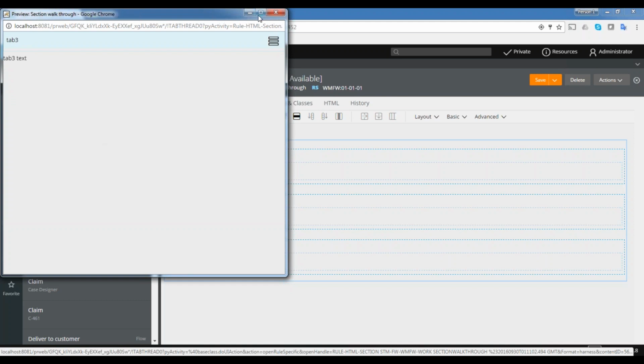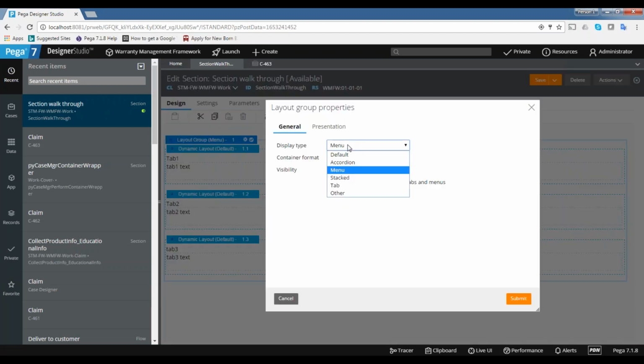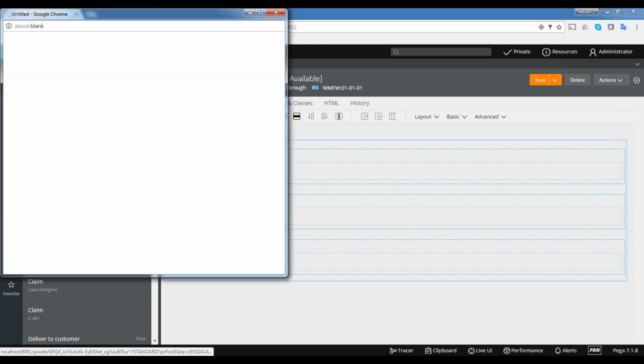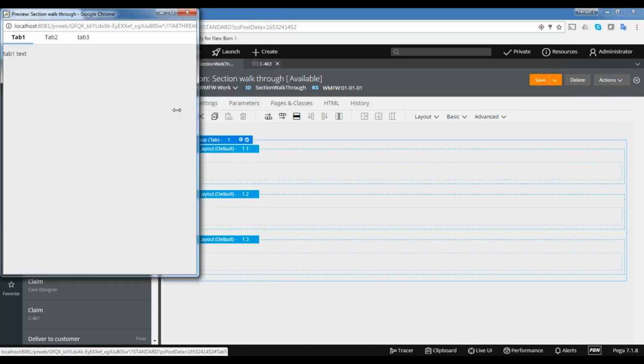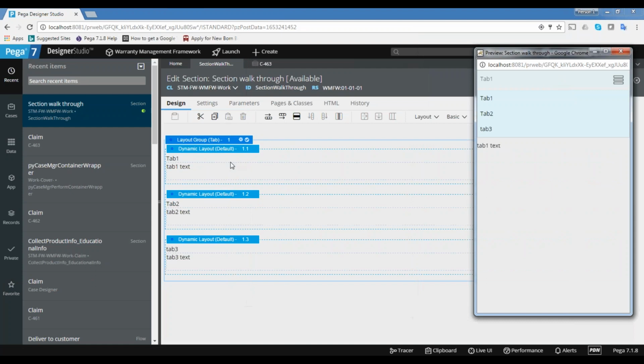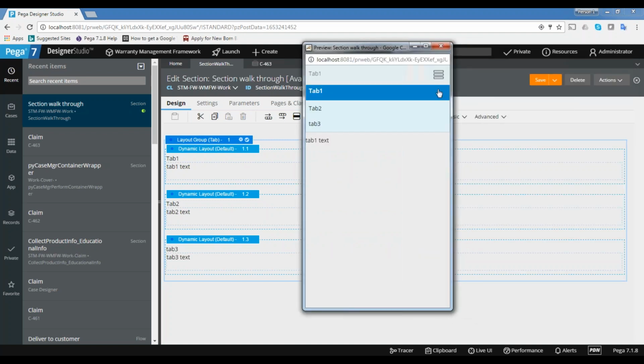One more advantage here is, even if you keep tab layout, if you reduce the resolution to mobile view, automatically it will be converted into menu, because in mobile devices the menu looks good. You can see this is the mobile device, and now it is automatically converted into menu. But actually I kept it as tab, which is for standard resolution. If we reduce the resolution, it will automatically adjust.